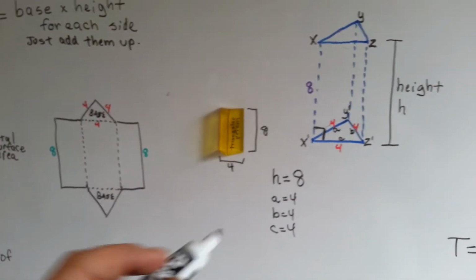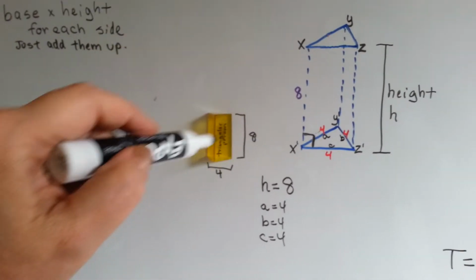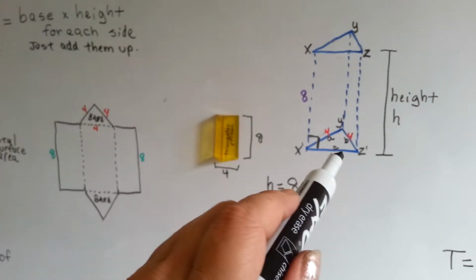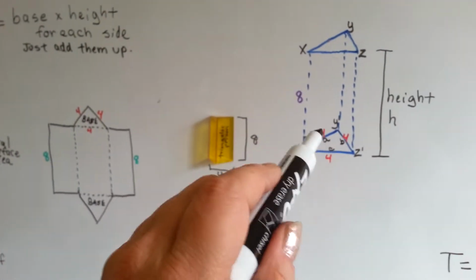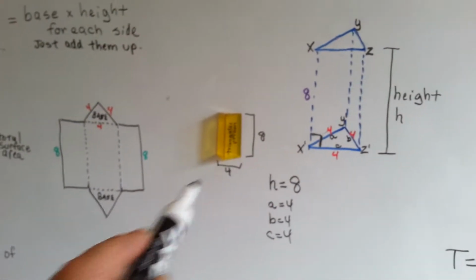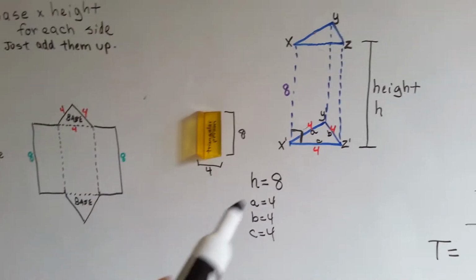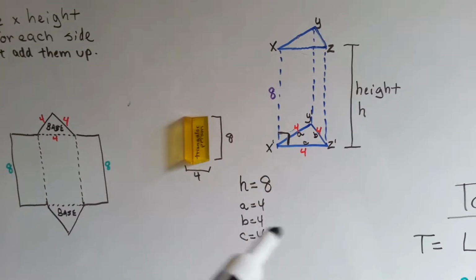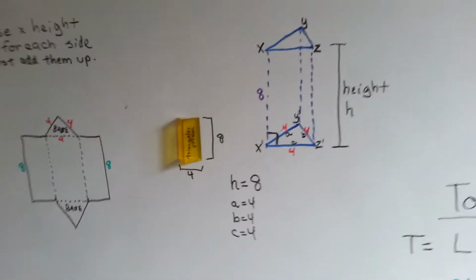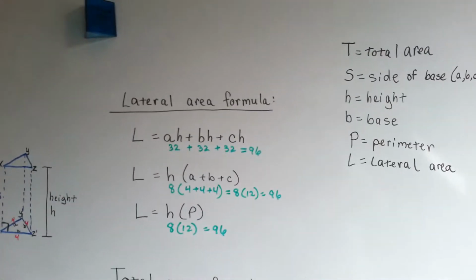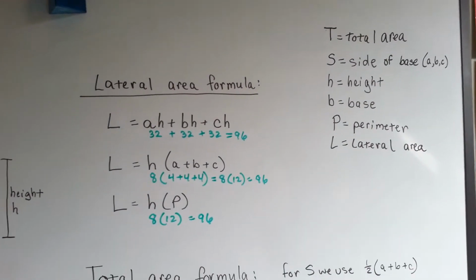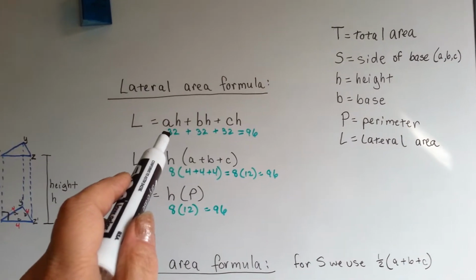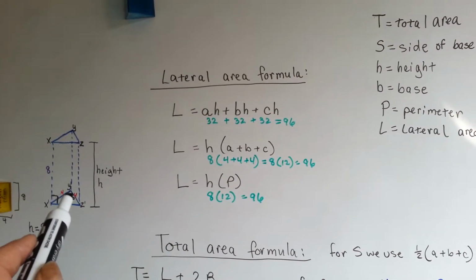I'm going to keep using the same numbers regardless of how the drawing or the shape looks, okay? So we're going to pretend like the height is 8, and each side of the base is 4. So height is 8, and this is A, B, and C sides, and they're all 4, okay? So, if we wanted to find the lateral area, L means lateral area, all we would do is add the ABC sides